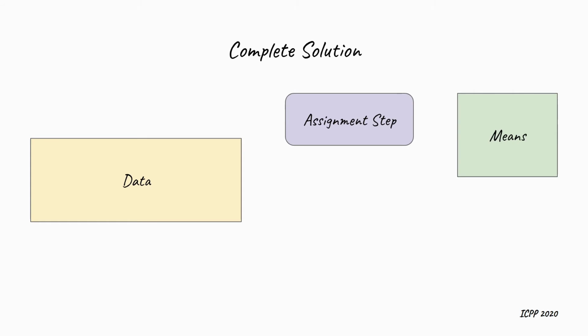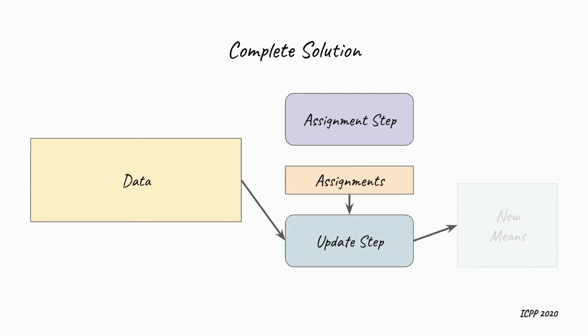Finally, we constructed several complete k-means implementations, which can be divided in two categories. The first category is called composed solutions, since it's merely composed from the individual kernels from the previous steps. The first kernel handles the assignment step and produces assignment vector, which is kept in the global memory. The second kernel takes the assignments and computes a new version of means matrix, which is used as the input